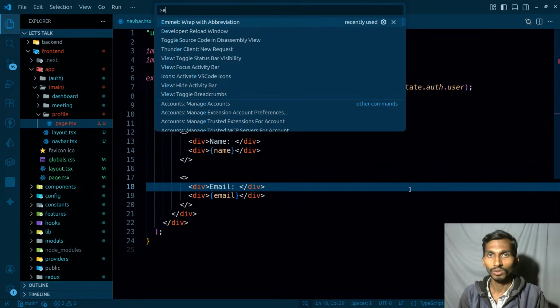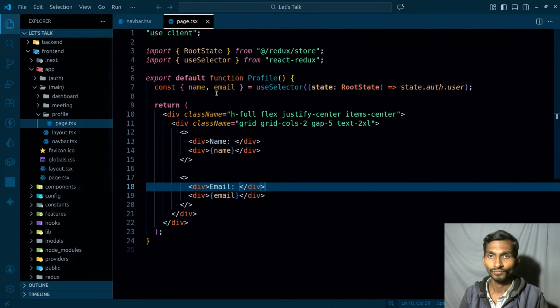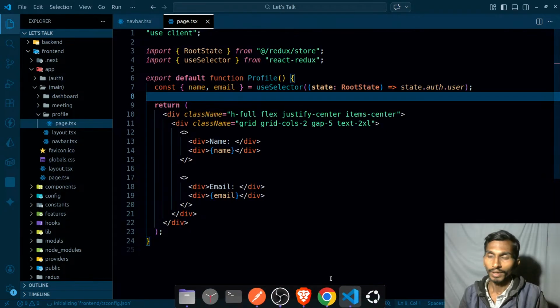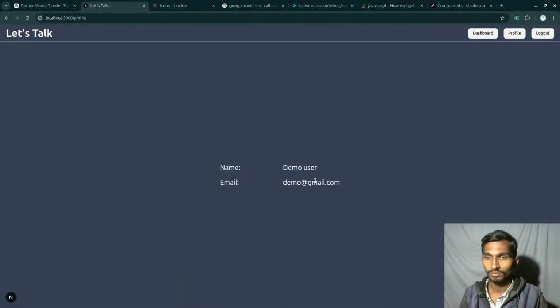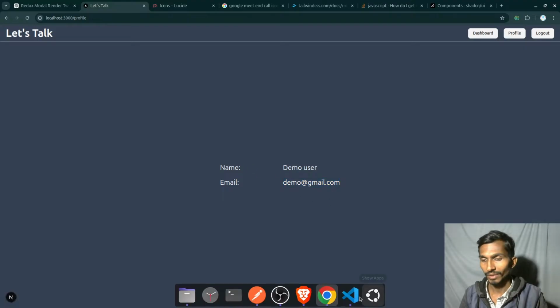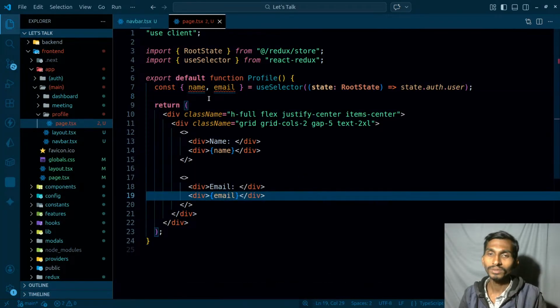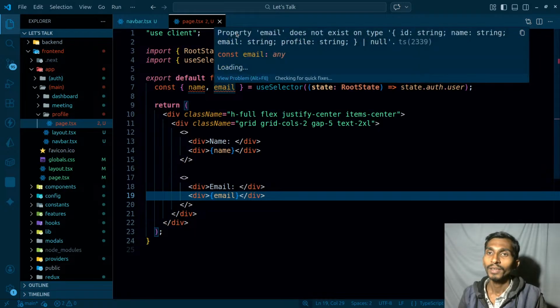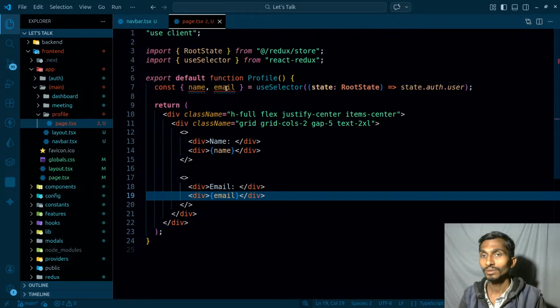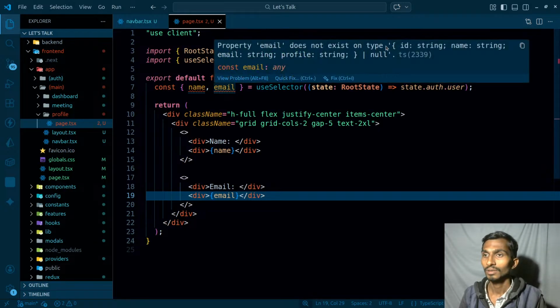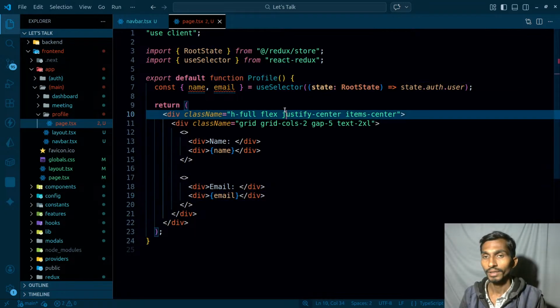Let's simply reload the page. Let's even check whether I am getting that demo user and demo@gmail.com. These are my credentials, quite bad ones. But the thing is, what is the error here? Email does not exist on type this or null. Okay, this can actually be null. That's bad. In that case,